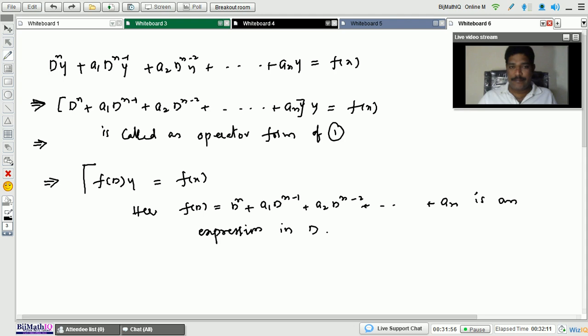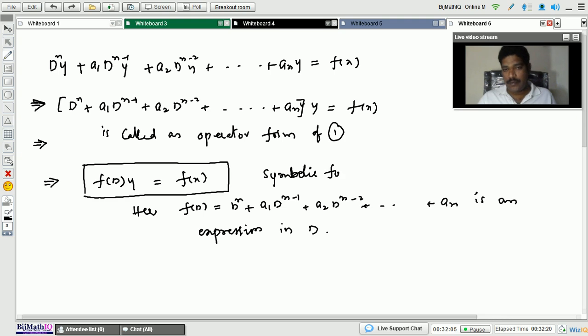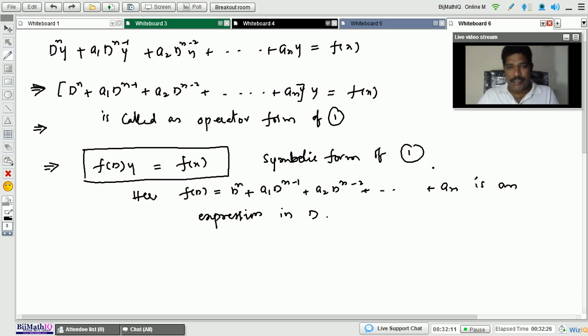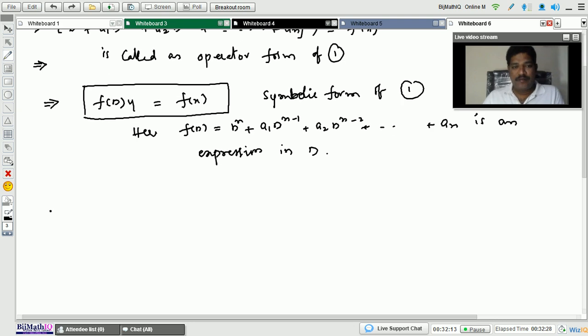So if you're writing like this, it is called symbolic form. Symbolic form of 1. Okay. So in the symbolic form, note: already we discussed the types. Note number 1. If the right side function f of x is identically 0,